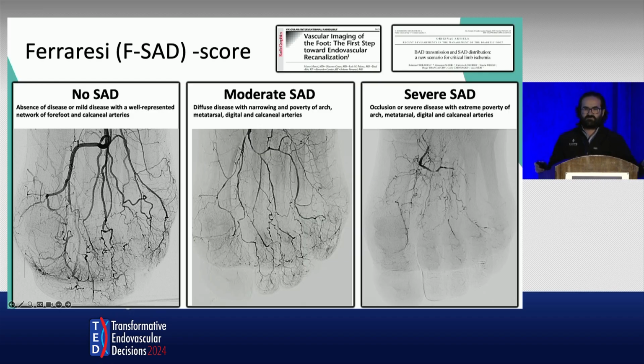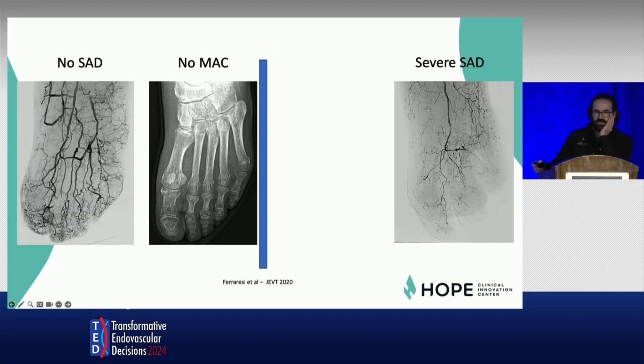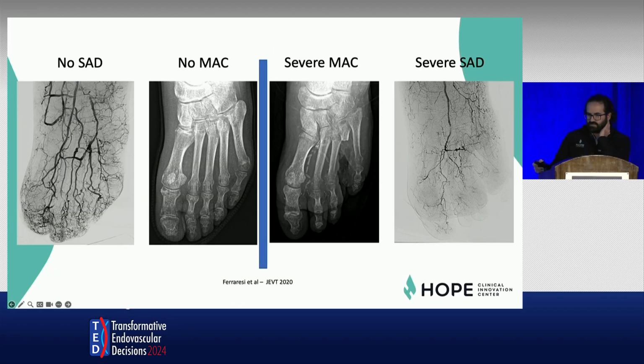You can see on the left-hand side, there's no SAD, moderate SAD, and severe SAD. And then we actually did that on x-rays, and we looked at a lot of our patients. Look at that one on the right with severe SAD and those calcification patterns. Getting into those vessels, you may be able to get a wire all the way down into that dorsalis pedis, and yes, you may be able to put a 125 CSI micro. It isn't going to help because it's going to restenose within 3 months, and the patient's going to be back in your clinic